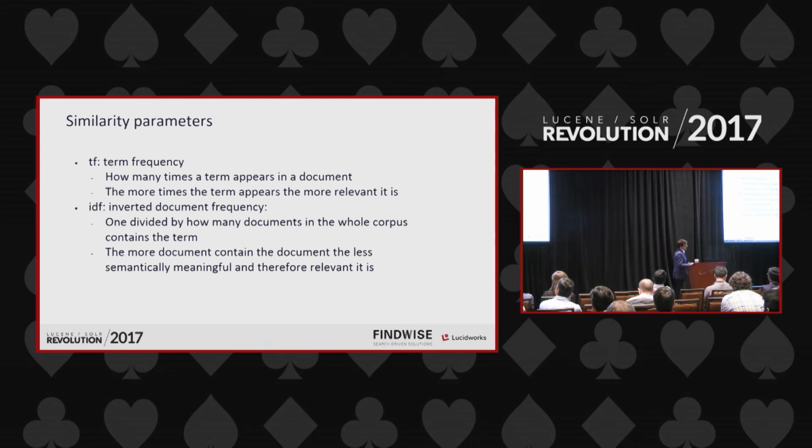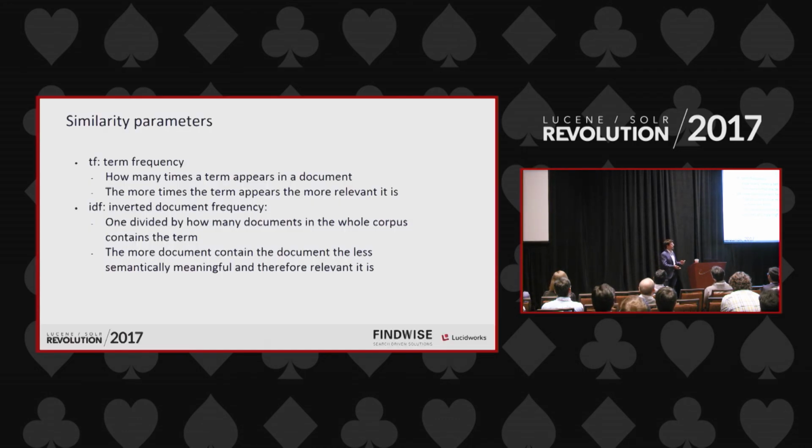On the other hand of things, we have the document frequency. The document frequency is how many times a term appears throughout the whole set of documents. When this is very high, meaning that all the documents have at least one instance of that term, that is probably a very clear sign that the term doesn't hold any semantical importance, or any kind of entropy. It doesn't matter, simply put. So when we aggregate all the different terms in the query, that one is going to have a very high document frequency. We are going to calculate the inverted document frequency.